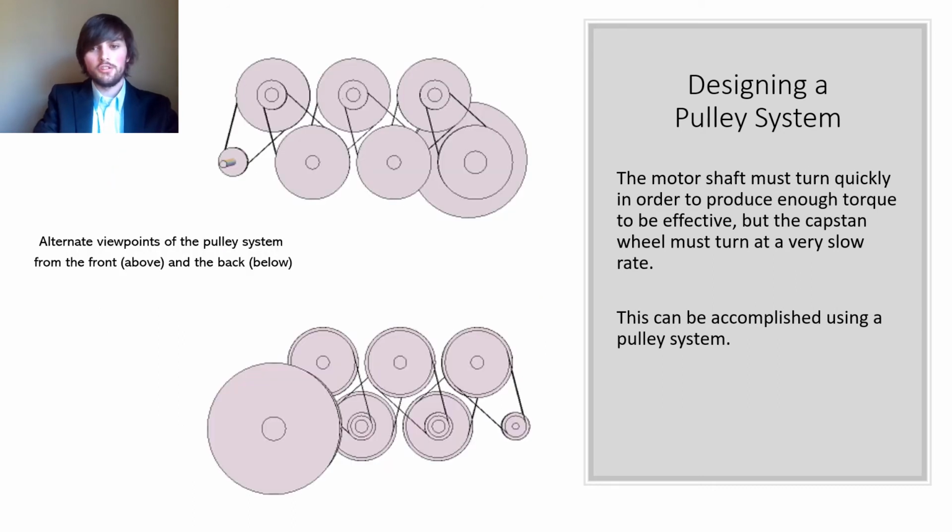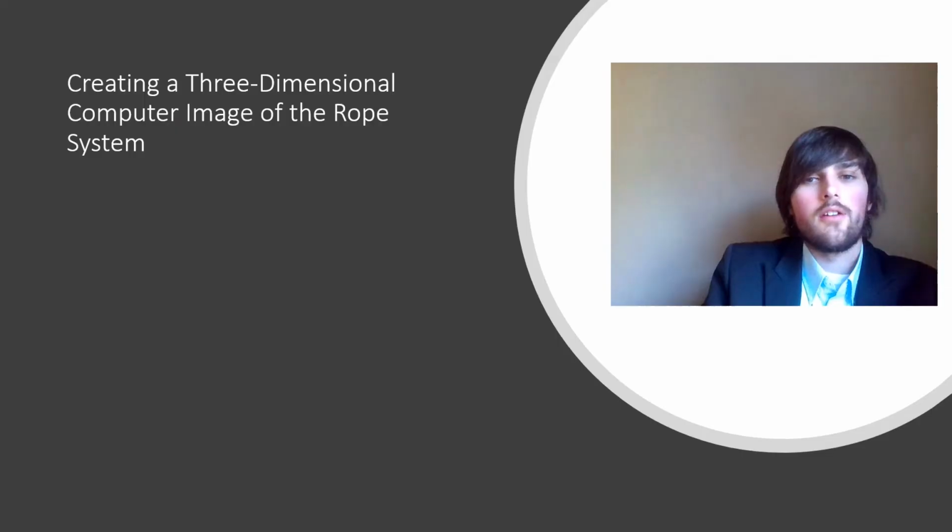Here you can see alternate viewpoints of the pulley system. You can see on the top there's the front view with the motor shaft on the left and the capstan wheel on the right. And in the second picture you can see the back side with the capstan wheel on the left side. Although the capstan motor is not attached yet, the motor for the braiding mechanism is attached. So although we can't take up the completed rope as we make it, we can braid rope and create a